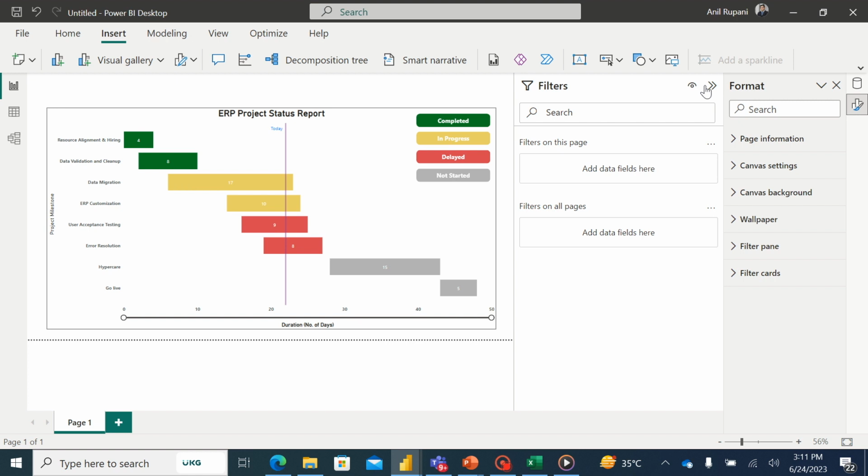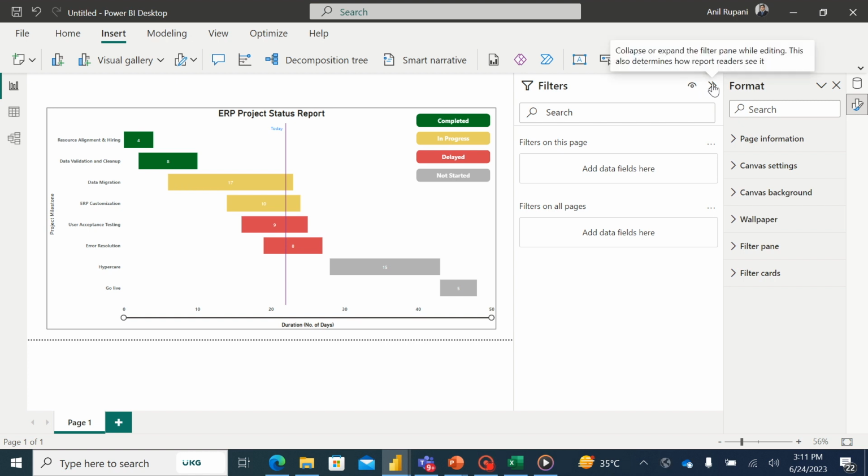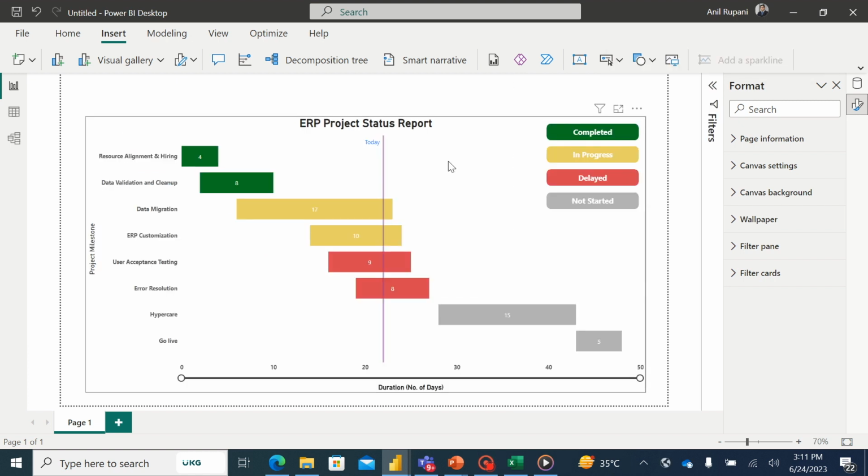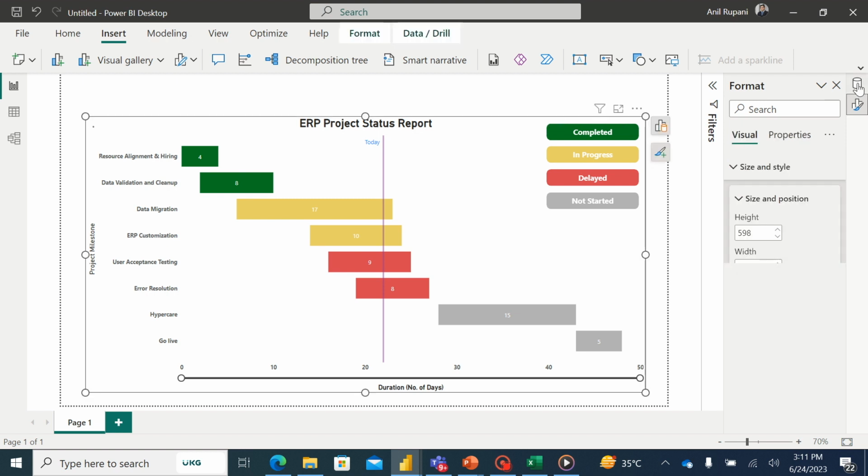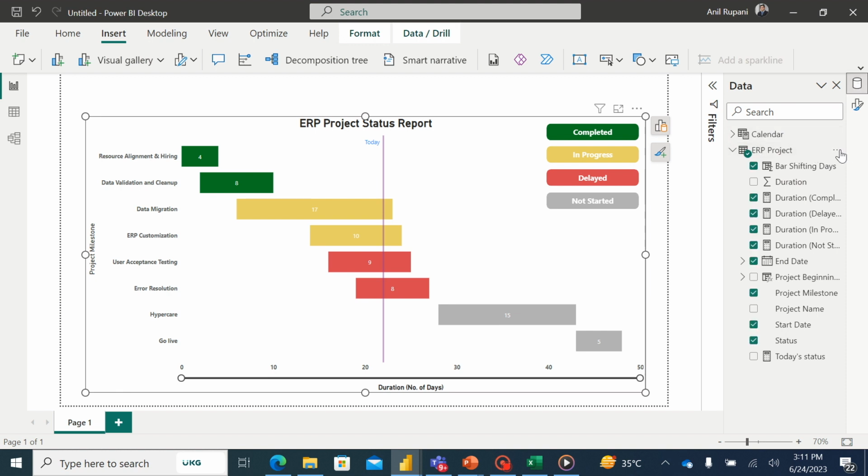Since this is a long duration project, we can also add a month separator. Just like today's constant line, we can add a month separator line in the Gantt chart. So this can be done with the help of a measure. For that, we'll have to add a new measure. I'll go to data. I'll create a new measure,